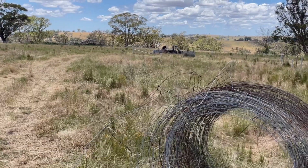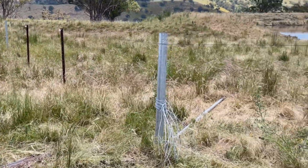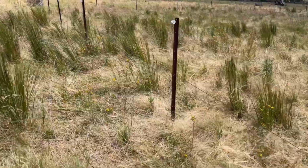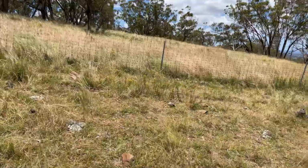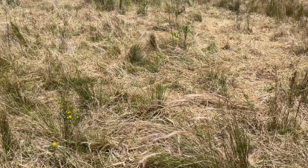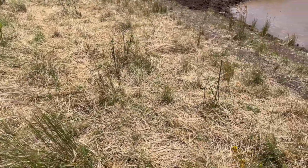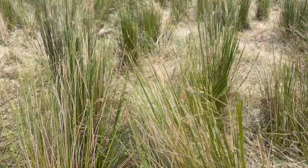This dam has actually been fenced off in the past. We're just redoing the fencing at the moment, and we're actually in a laneway that runs through the property from the east to the west, and the laneway is 4 kilometres in length. The dam has been fairly well looked after because it's been in the laneway and it hasn't had much grazing pressure on it. But what will happen now in the next few weeks is that we'll have